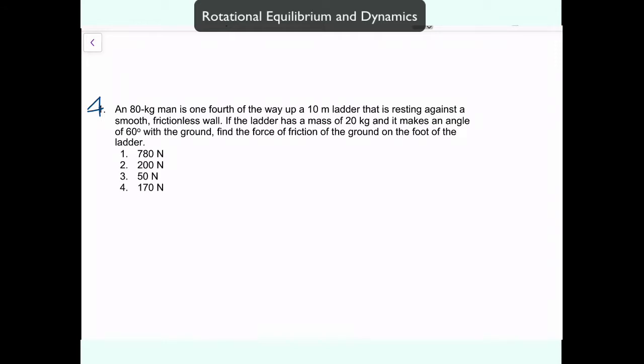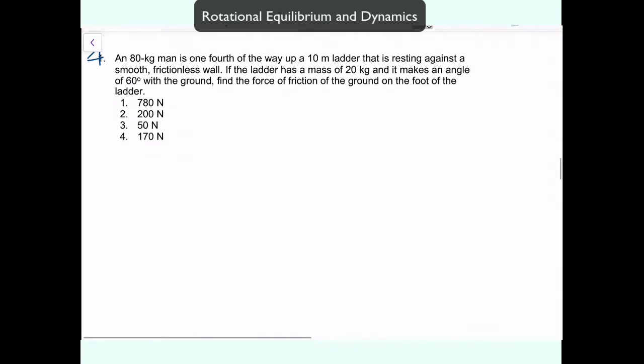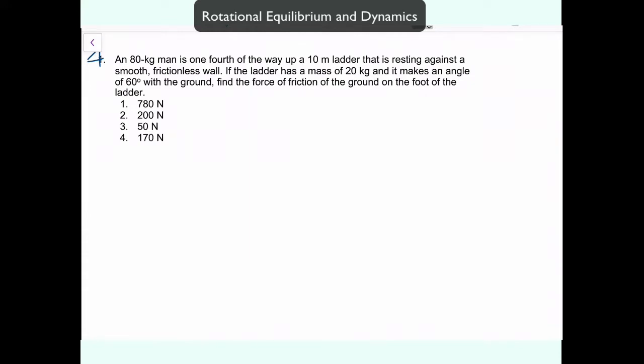But as long as you can draw a nice free body diagram, you can just answer it. It will not be as bad. So the question states that you have an 80 kilogram man 1/4 up a ladder, and let's assume the